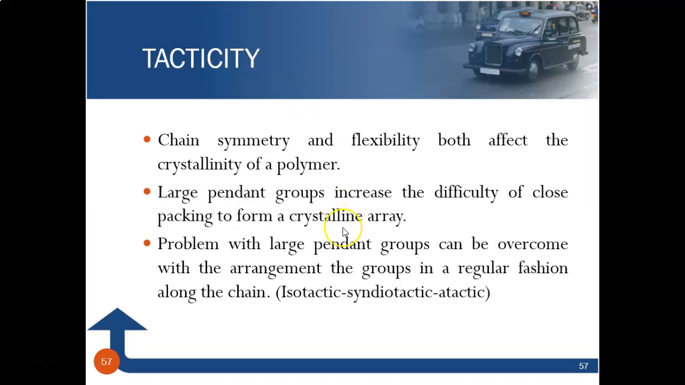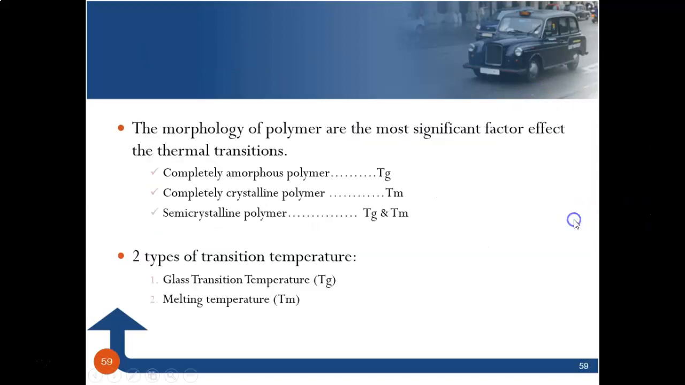Okay, look at the other slide. The morphology of polymer is the most significant factor affecting the thermal transition. In terms of the thermal transition, completely amorphous polymer only shows the reading for glass transition temperature. For completely crystalline polymer, it will